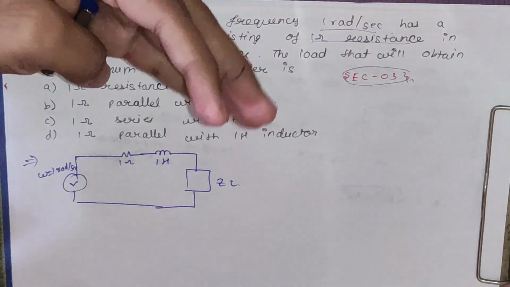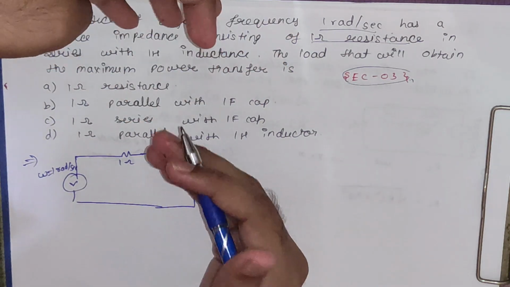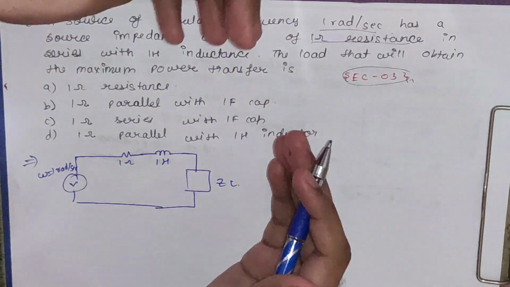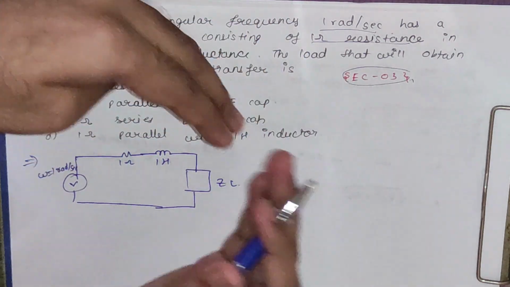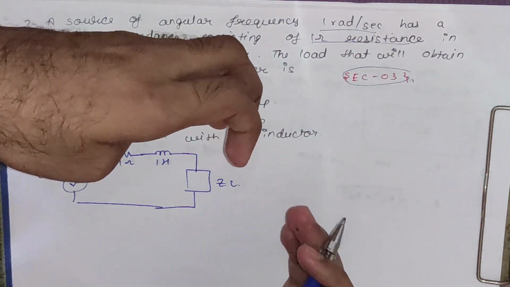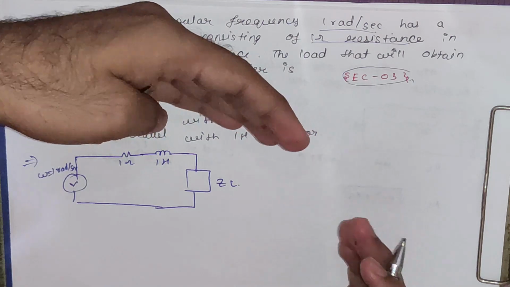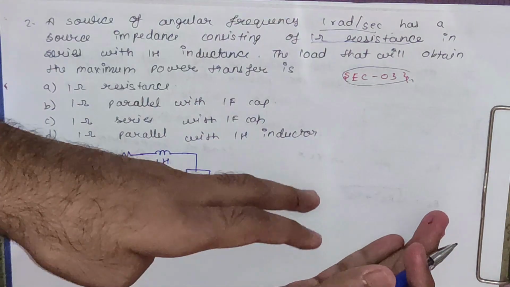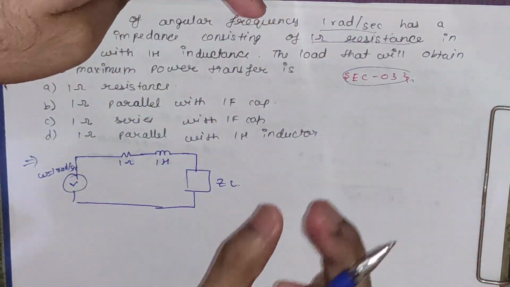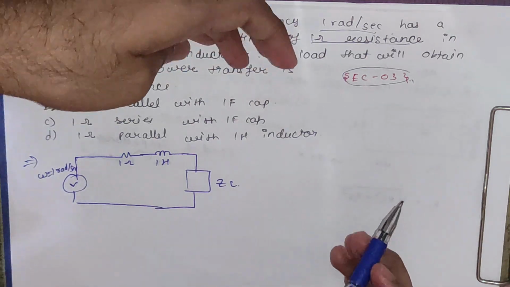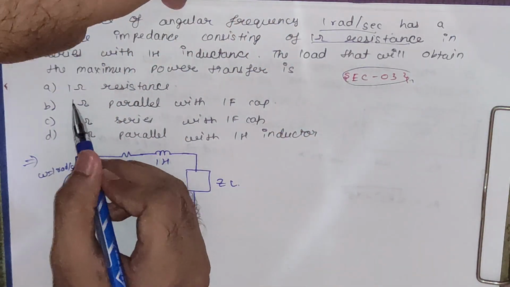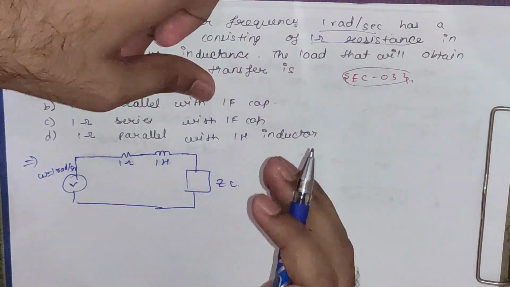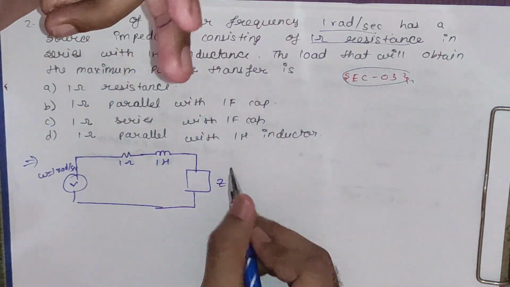Now your question would be, how did I figure out that I have to find the value of ZL? As you have seen in the previous question, we were directly given that we have to find the value of RL, that means the resistive part of ZL. But here I am directly writing that we have to find the value of ZL. As you can see in the question, it is not mentioned whether we have to find RL or XL. So in this type of sum, you have to assume that we have to find the value of ZL only. You can also see from the options that most of the options consist of a resistive part as well as a reactance part, so from this also you can get a hint that we have to find the value of ZL.